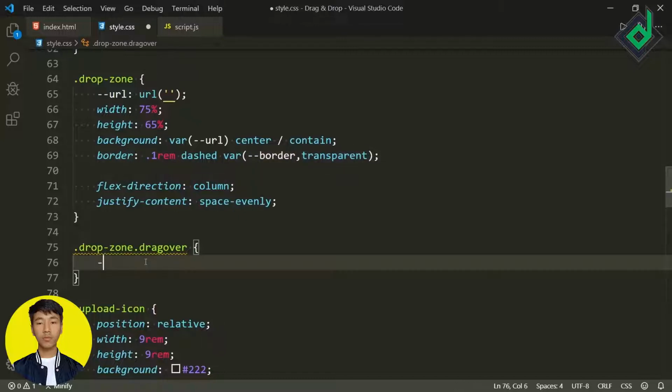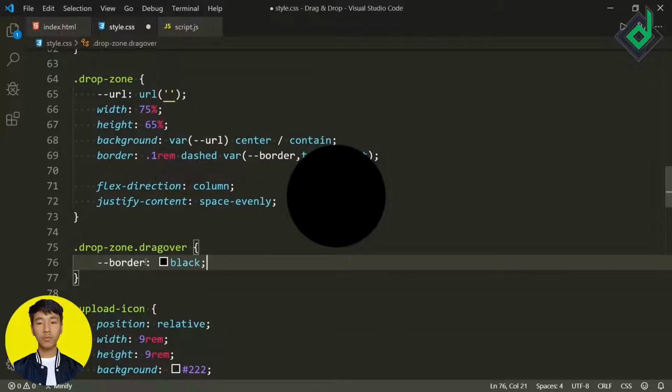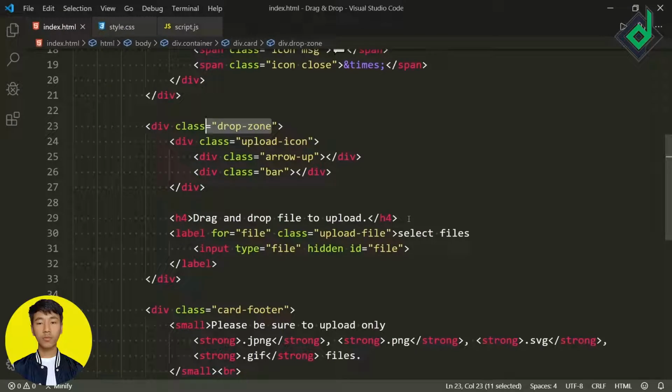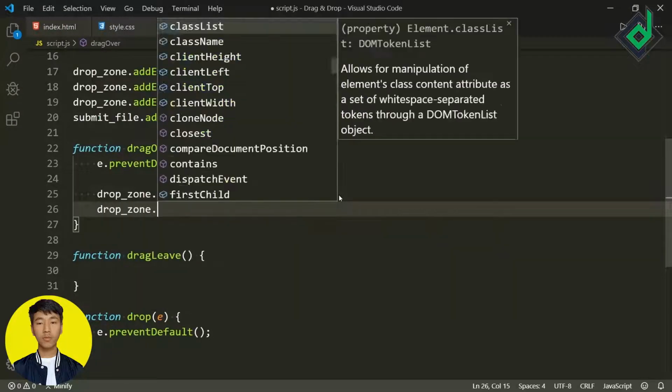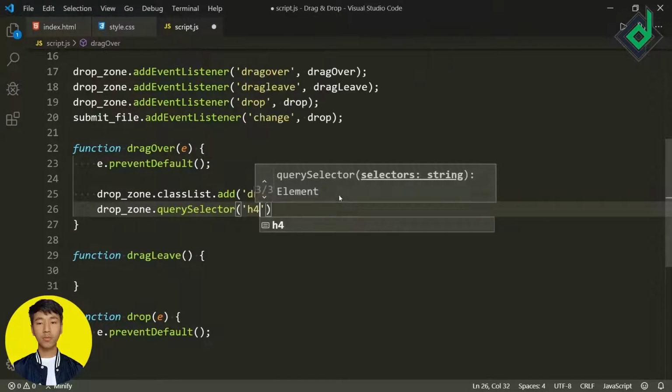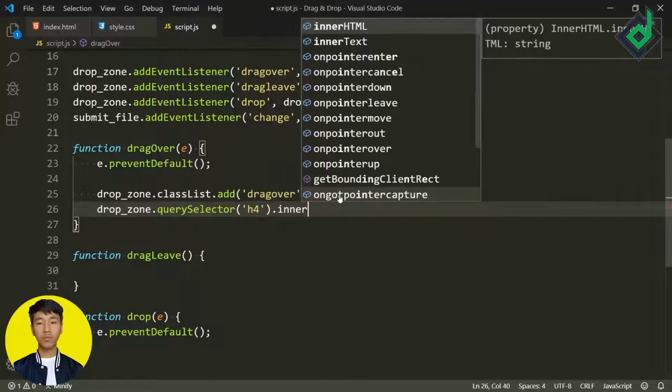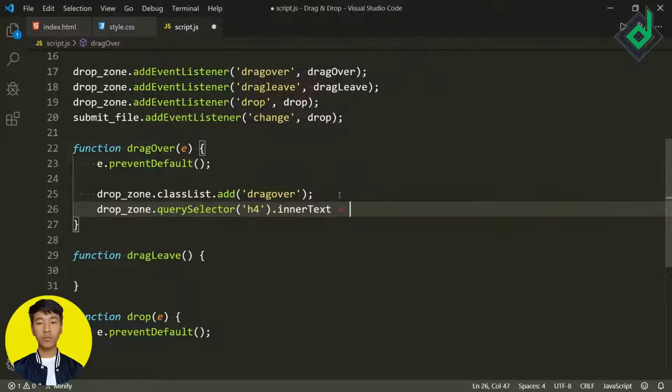So now it's time to change that border color dynamically. So I'm giving the variable border, and let's give black, and also let's change the paragraph heading text, which is inside the class name dropzone. So now with the help of querySelector, let's select that paragraph heading, which is inside the dropzone, and let's write .innerText is equal to 'Release file to upload'.